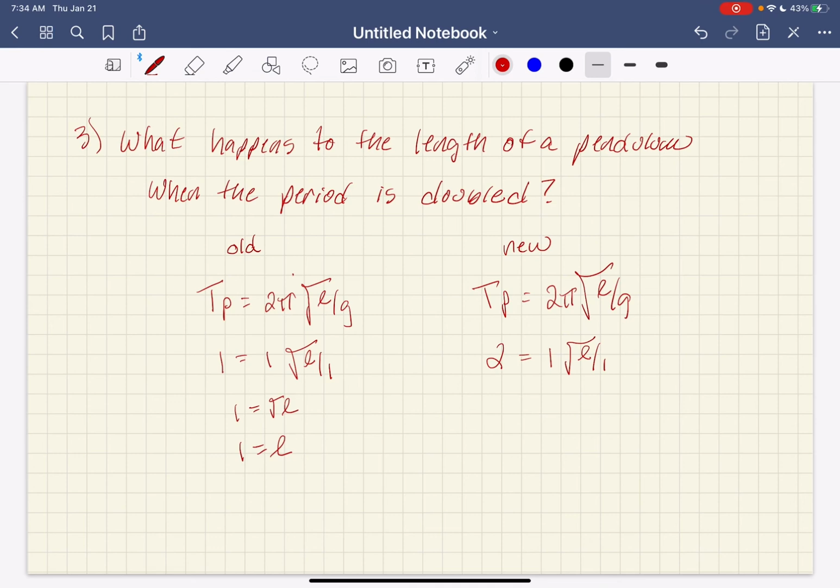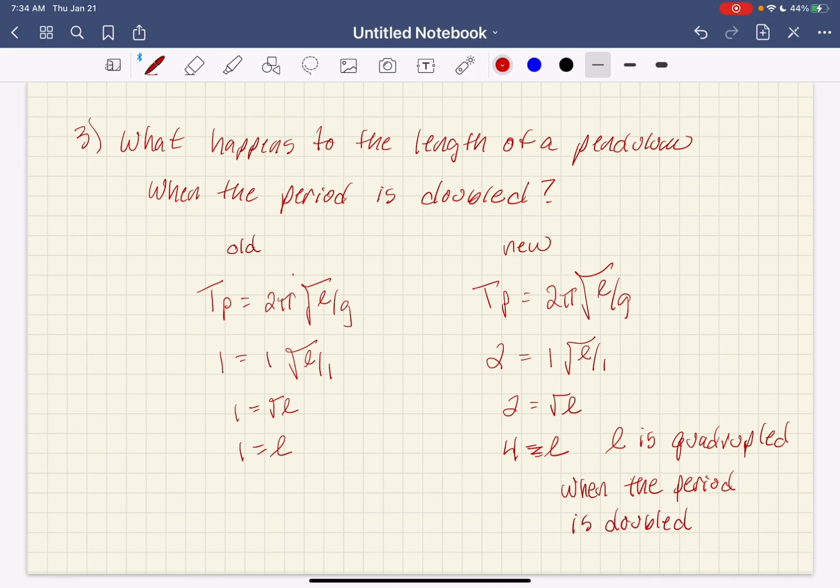So when I do the algebra, I can see that 2 equals the square root of L. So 4 equals L. So L is quadrupled when the period is doubled. All right, a way to compare different things when changes are made